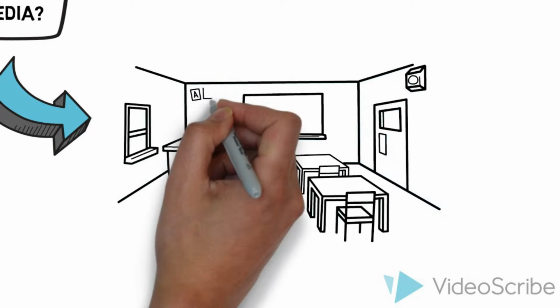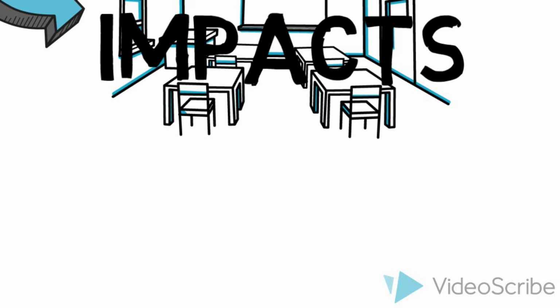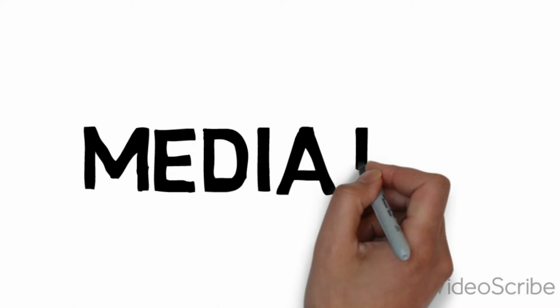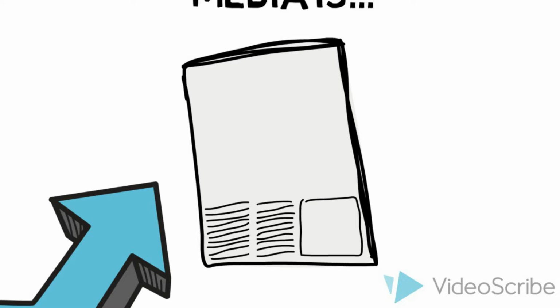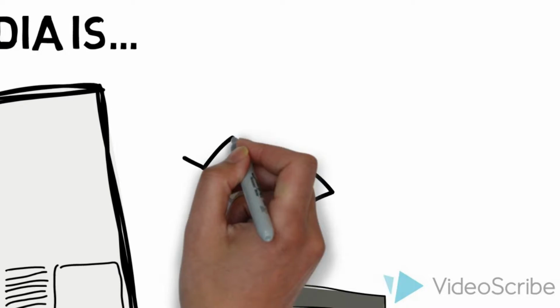We are all exposed to news media every day, and it impacts education directly and indirectly. So what is news media? Media is defined in the dictionary as the main means of mass communication, broadcasting, publishing, and the internet regarded collectively. Some forms of media include newspapers, television, books, magazines, movies, video games, podcasts, blogs, music, and the internet.